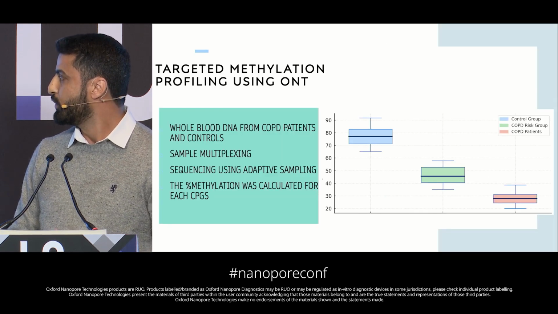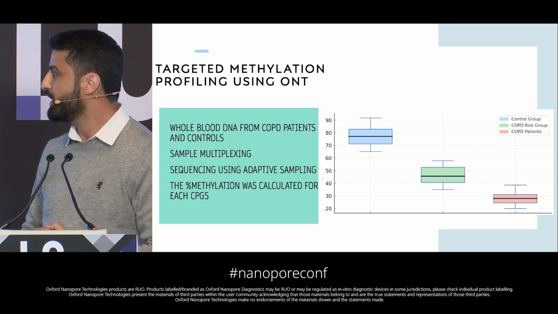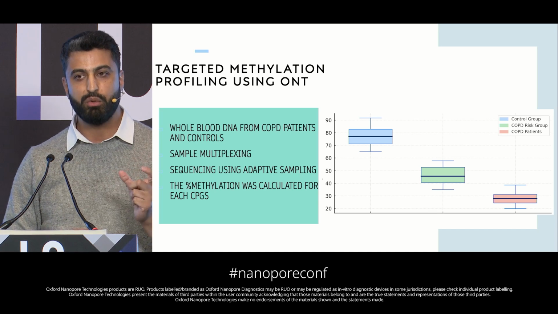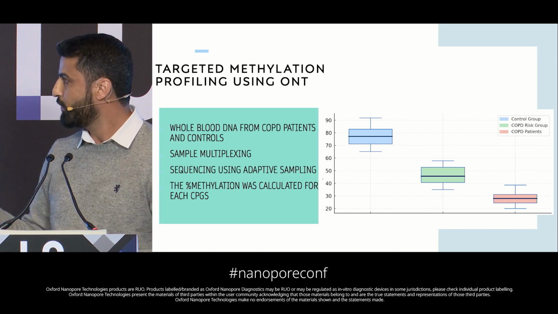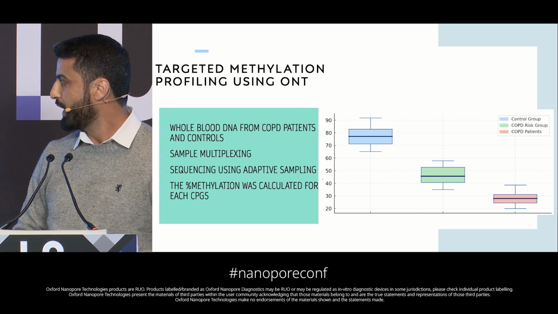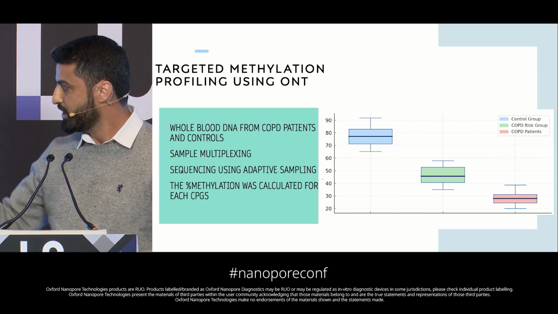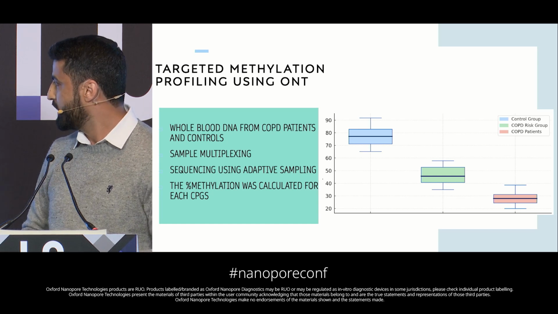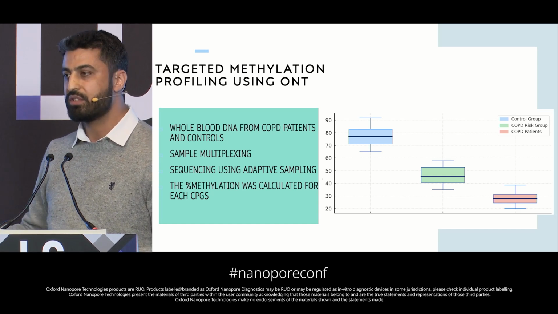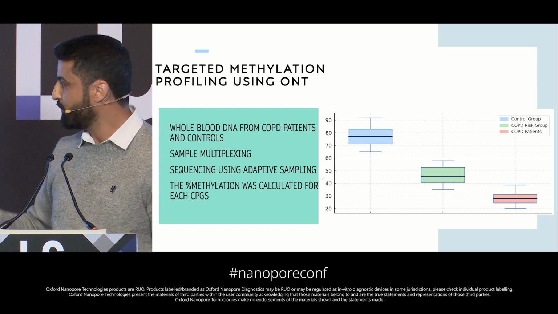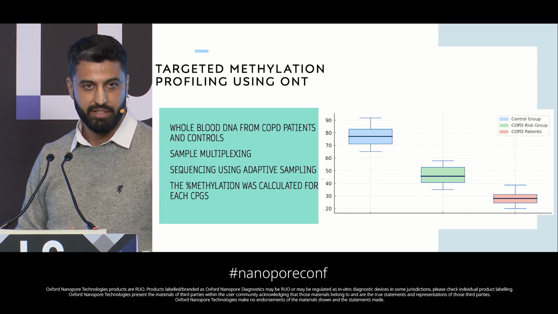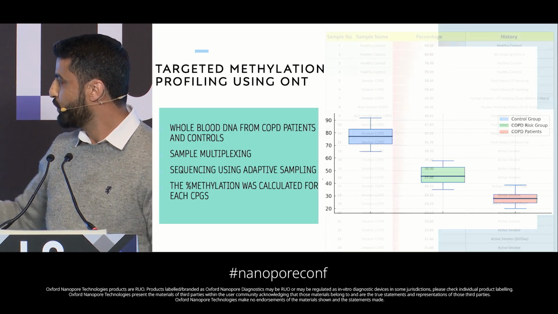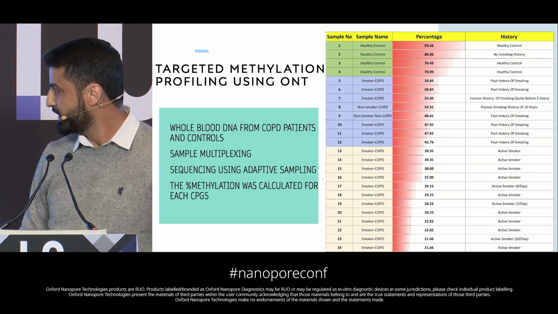So from these 3 genes, we decided to ask whether it is possible to develop a methylation-based diagnostic kit for COPD. For that, we did ONT sequencing. We multiplexed our samples using adaptive sequencing, so we sequenced only a portion of the genome. Our collaborator, Dr. Hina Khan, a molecular biologist, standardized sample multiplexing and the adaptive sampling technique. The results we got from Illumina were very consistent with ONT. We got exactly good results, and the case and control groups were differentiated properly across all 3 sites.